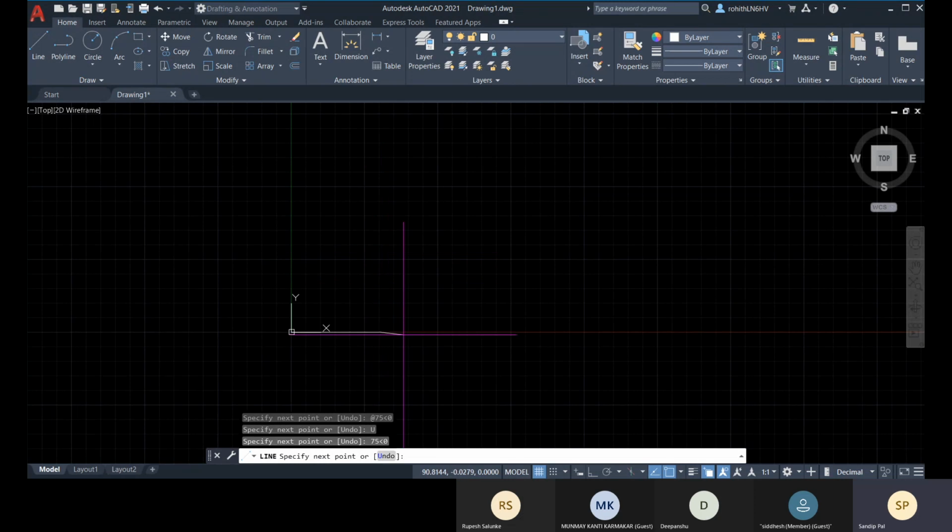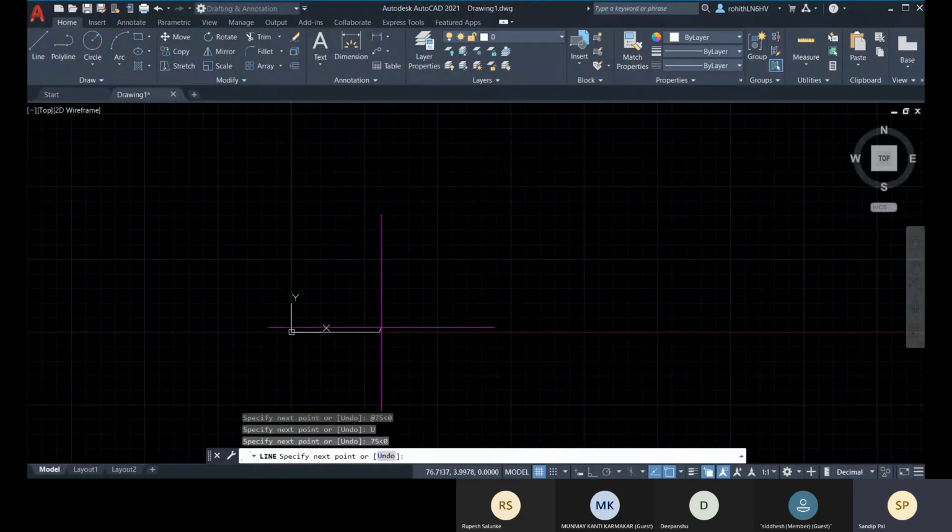So for that, we have that relative. So here I'll be applying a relative polar. Okay, so that is simple. You are calculating from the last point, and the same thing will be applied. From the last point, your distance will be calculated, and from the last point, your angle direction will be calculated as well.